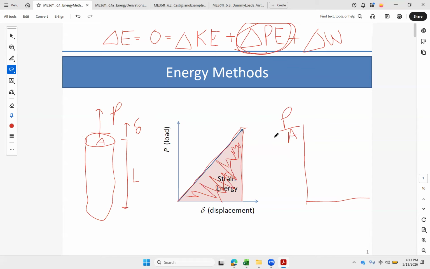If I divide by that cross section, I get stress on this axis, right? And then if I take displacement and divide that through by the length, I can get a strain here. So this is stress strain. This is like what we talk about with our elastic and plastic behavior. If we're going up the elastic behavior, the slope of this is Young's modulus, right? Looks just like this. And the area under this curve